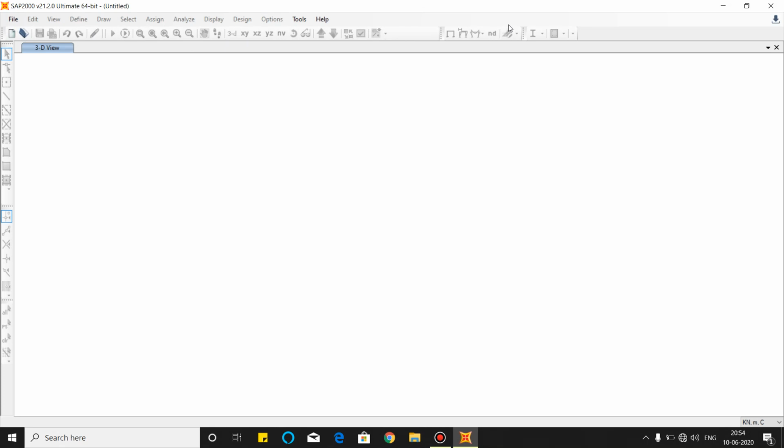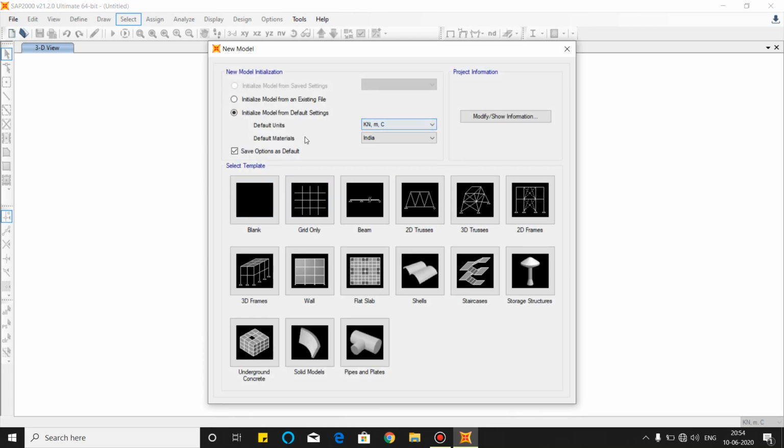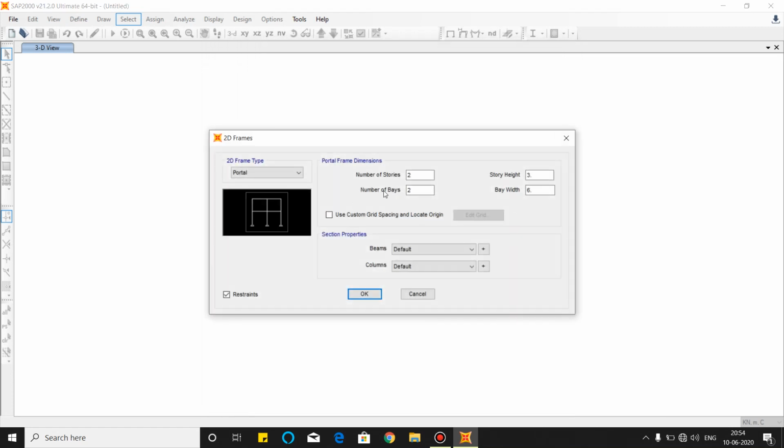So I will start the project. First select the new model. In new model, you have to pick the units and country. Okay, we will make a cantilever beam, so we will use a 2D frame.